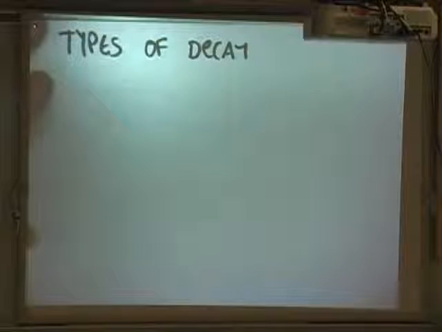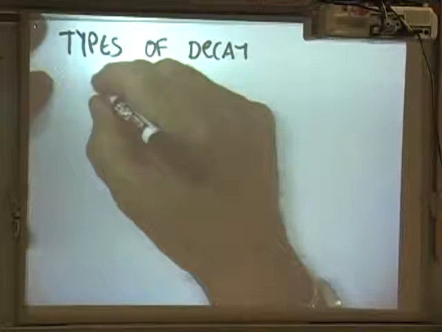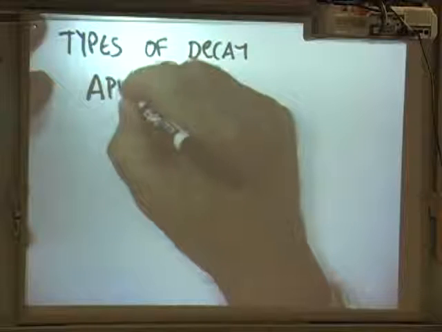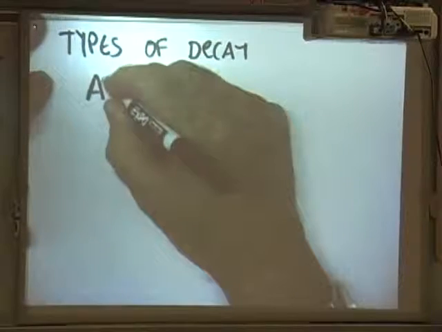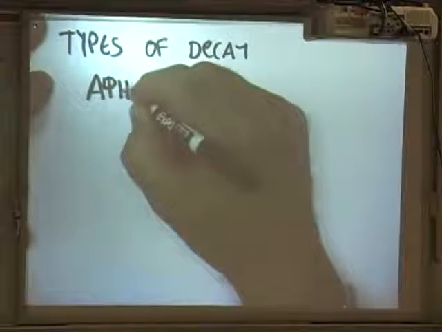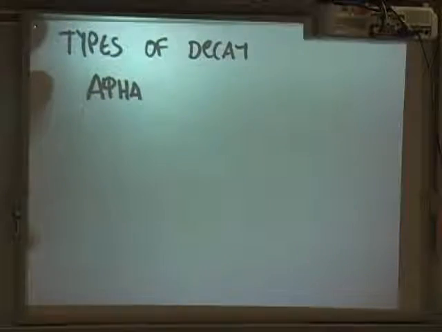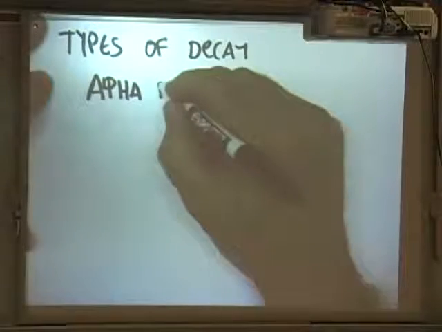But you need to know these. The first type is going to be called alpha decay, and spelling is not a requirement in this class, so we'll stick a little A in. The first one is alpha decay,